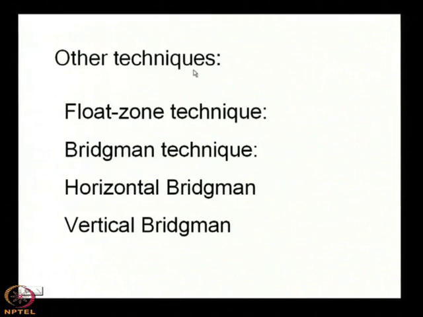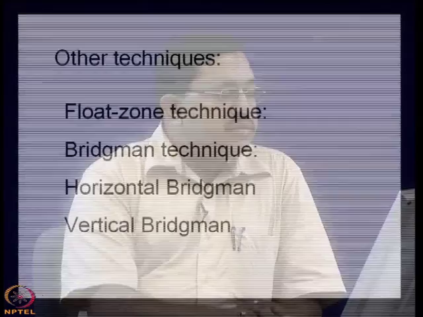There are other techniques also for crystal growth. One is, say, the float zone technique, another is, say, the Bridgman technique. The Bridgman technique can be horizontal Bridgman, it can be vertical Bridgman, and we shall see that for gallium arsenide fabrication this Bridgman technique is used, and Czochralski and float zone techniques are used for silicon technology. Okay. Now, if you see the